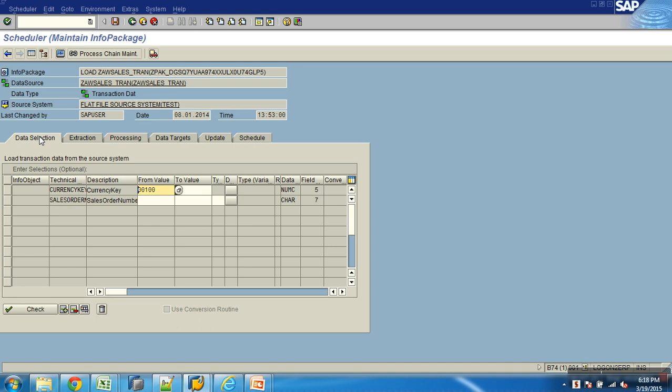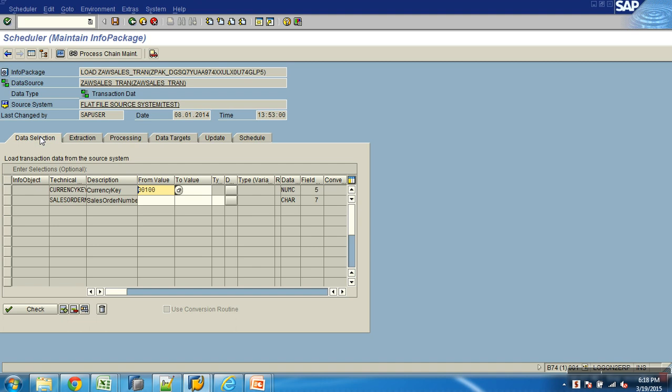Info package full update తో రన్ చేస్తే సోర్స్ లో ఉన్న అంత డేటా సెలెక్షన్ ఏ రికార్డ్స్ అయితే డేటా సెలెక్షన్ సాటిస్ఫై అయితే ఆ రికార్డ్స్ అన్ని వస్తాయి. ఎప్పుడైనా కూడా అంతే, అది ఫుల్. Okay. When you say full, it extracts all the records from the source with respect to data selections, what is specified in the data selection tab of the info package. That is full. Anytime.